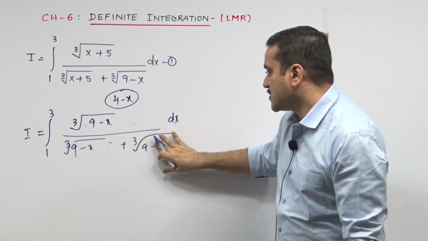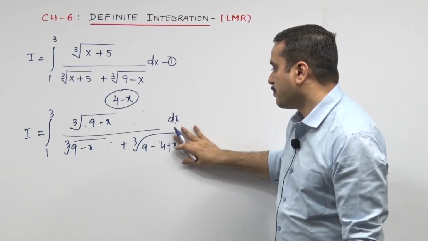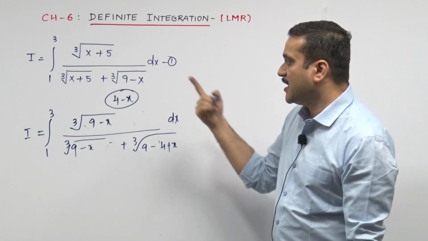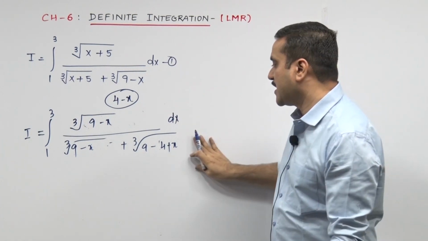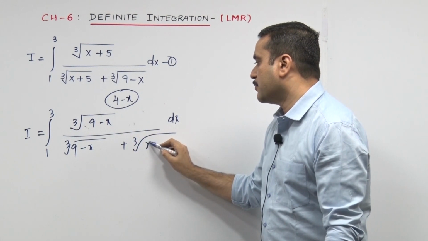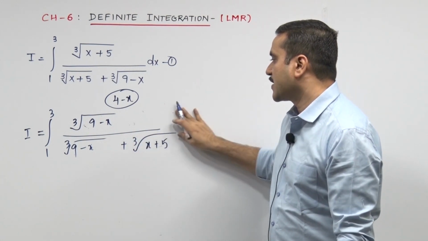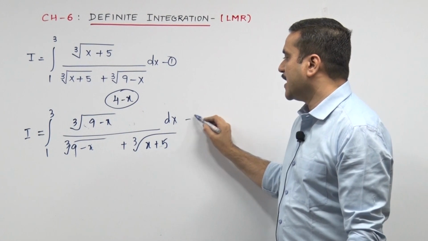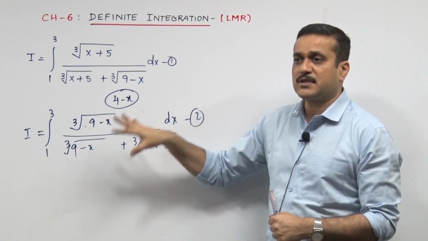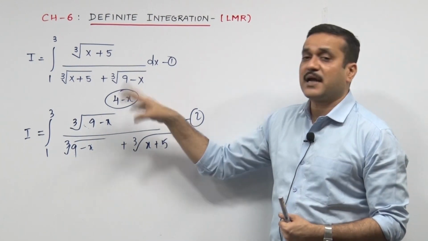Over here I release the bracket: 9 minus 4 plus x, which ultimately becomes 5 plus x. But just to retain the original form x plus 5, rather than writing 5 plus x, I would insist you put x plus 5 over there. Now the same old thing, let's call it 2. So that happened in 2 more steps. It took 2 more steps to settle down to that. And keep writing your I.